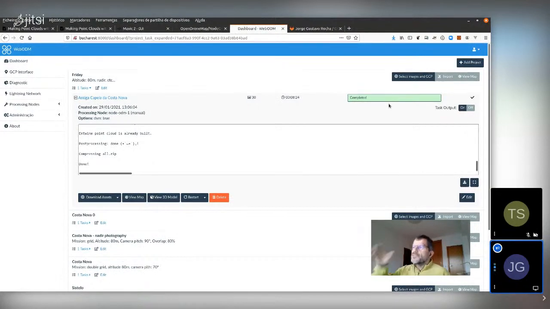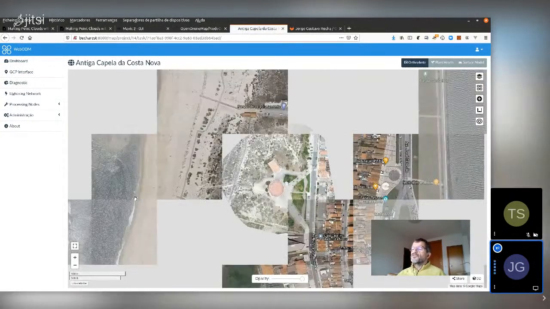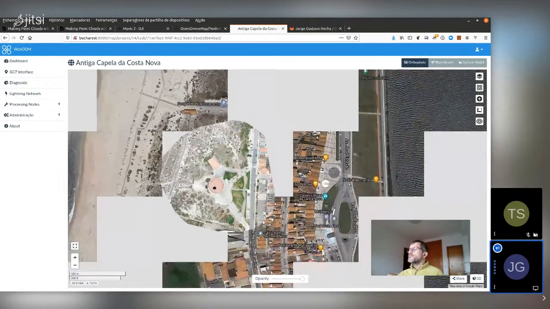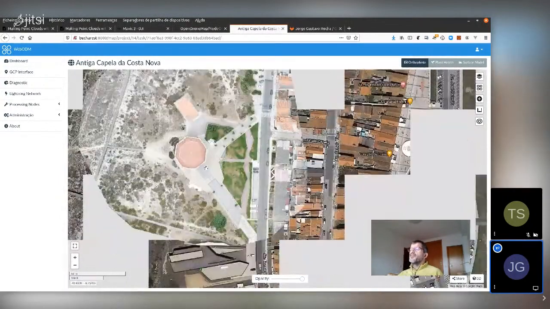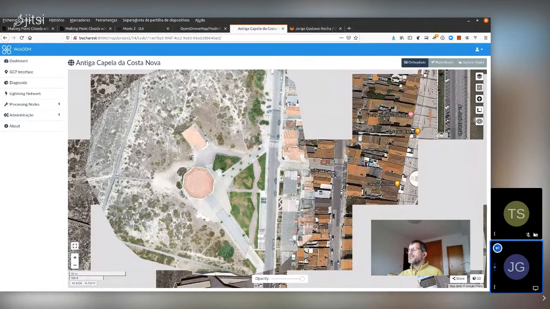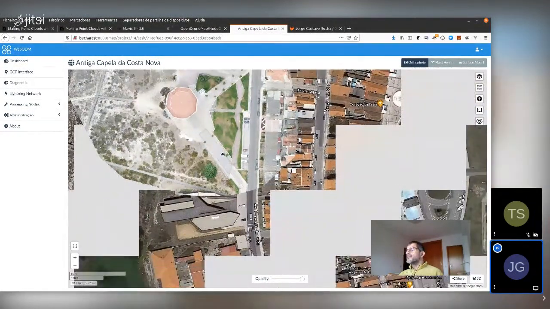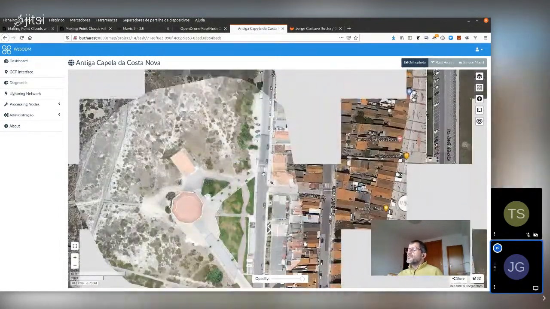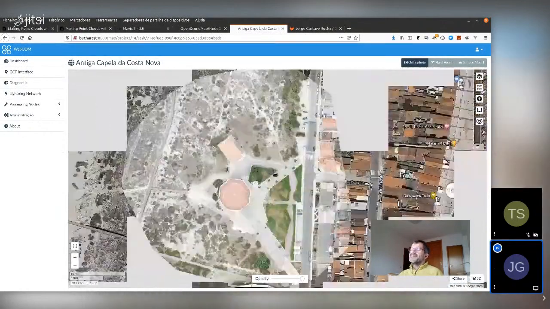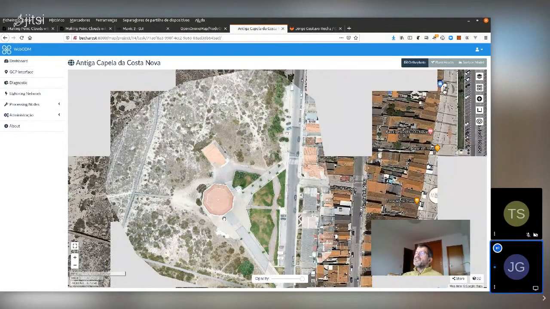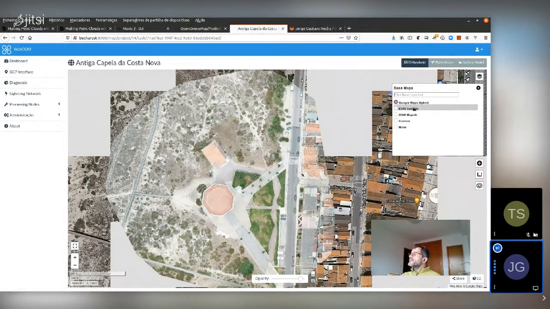But since we are focused on OpenDroneMap today, we also have a very nice interface, and that's why WebODM is really cool, because you immediately have a map view. So here in the center is our orthophoto. You see the chapel here, the previous one there. And you see my street here, cars, and this is the ortho that we made from these 30 images. You have things like a slider to see how this is going. I think we have Google Maps in the background,